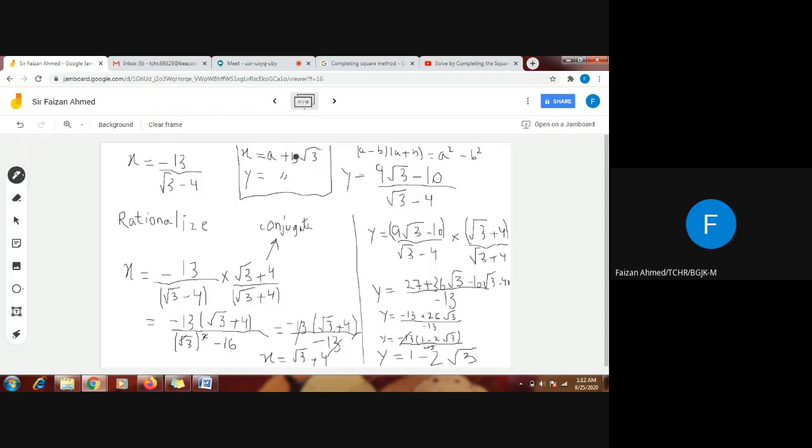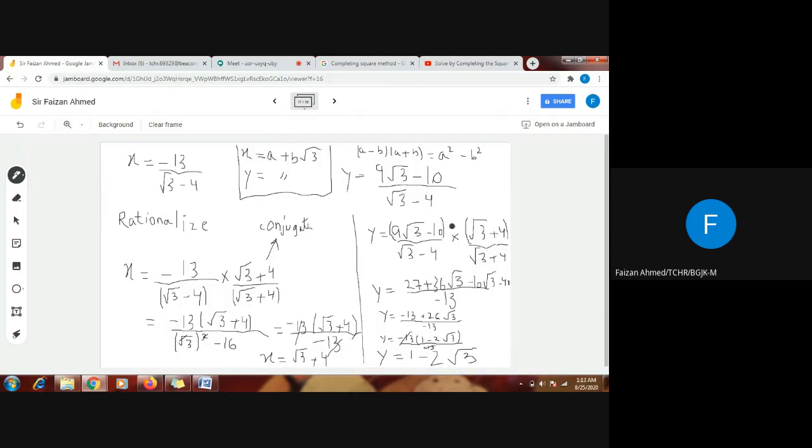which is very much similar to this form. So now I have converted my x into this form. I have to convert my y also into this form, and I will use the same technique. The bracket is the same. We have root 3 minus 4, so I will multiply and divide it by its conjugate, that is root 3 plus 4. On simplification this becomes an identity, and on applying it I will get minus 13 in the denominator. I am not solving it again. These two brackets will be multiplied.